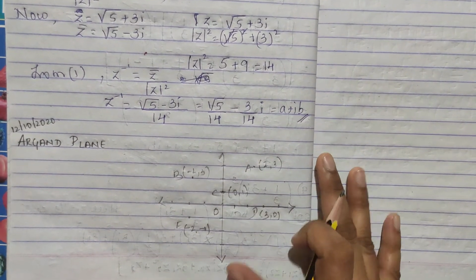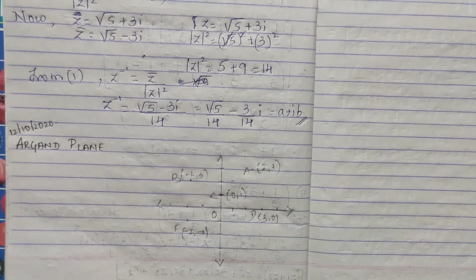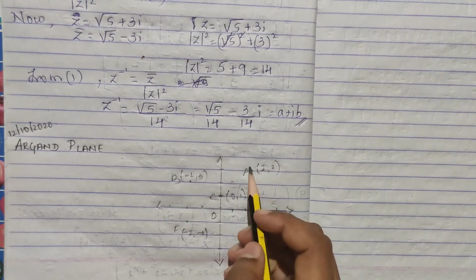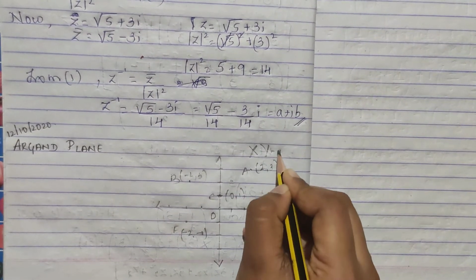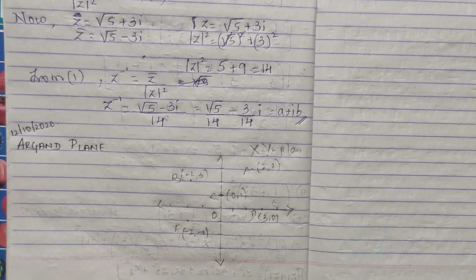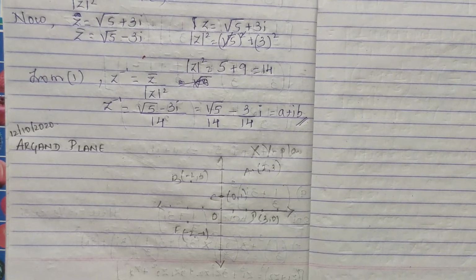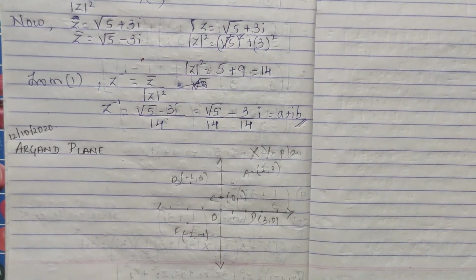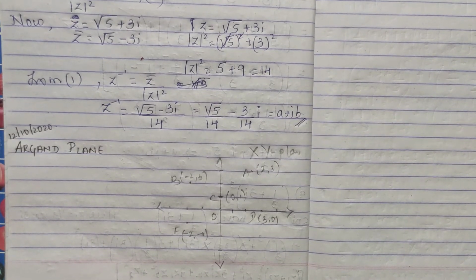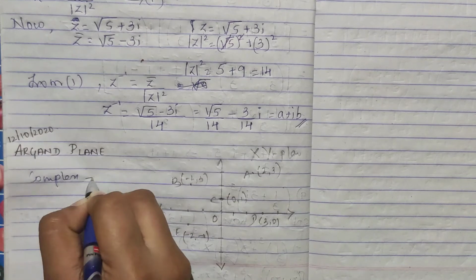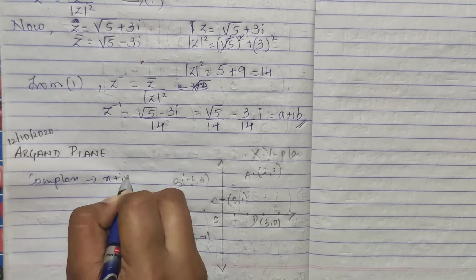So in your real numbers, you know how to plot points like this. Wherever we are given some points, you have to plot them in your xy plane, as ordered pairs of real numbers. In the same way, how is your complex number given? It is given as x plus iy.